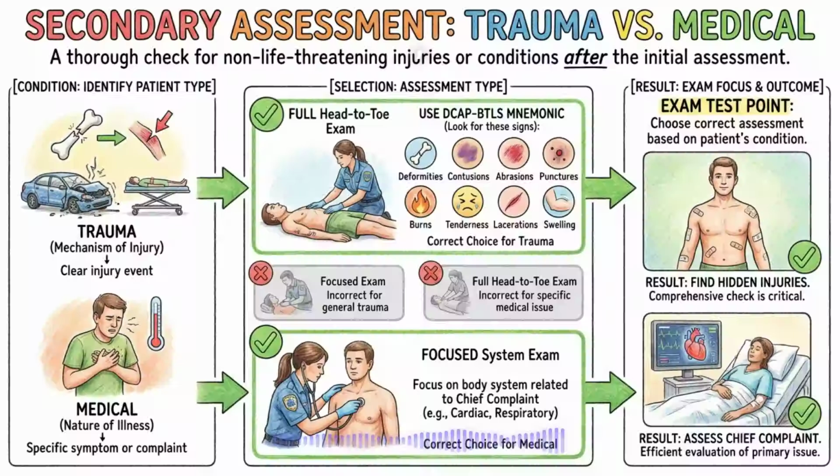The secondary assessment is a more thorough head-to-toe physical examination designed to find injuries or conditions that were not immediately life-threatening. For a trauma patient, you will palpate the head, neck, chest, abdomen, pelvis, and extremities, looking for deformities,